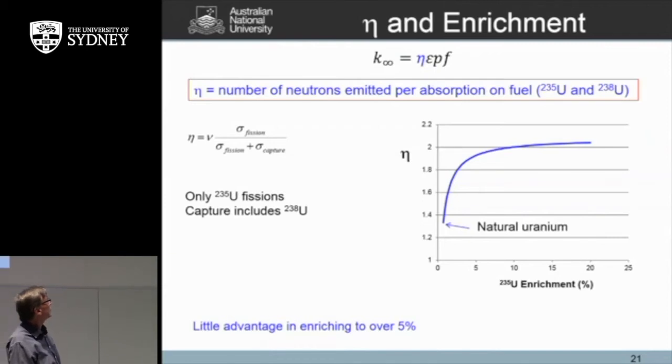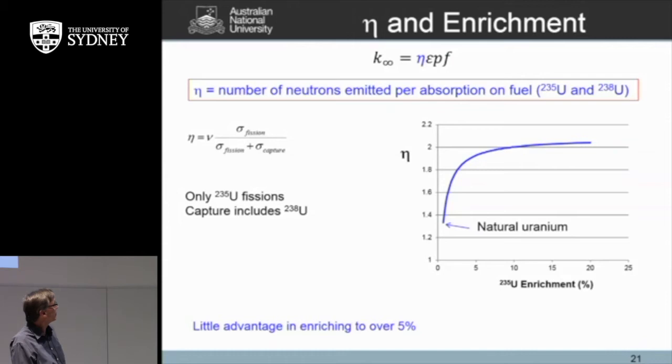Let's look at the effect of enrichment on this quantity eta. Eta is the number of neutrons emitted per absorption on the fuel. So that means both the uranium-235 and the 238. Yesterday, or even in the slide this morning, I reminded you that you get 2 or 3 neutrons per absorption on uranium-235. That's this quantity nu. We then look at how many we're going to get on the fuel. So we have to multiply this quantity by the fission cross-section and divide it by the sum of the fission